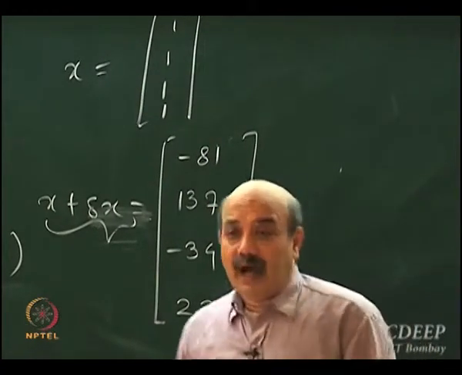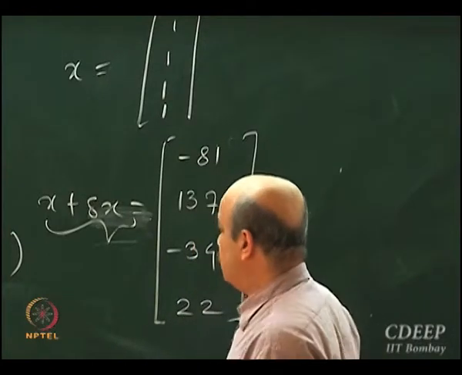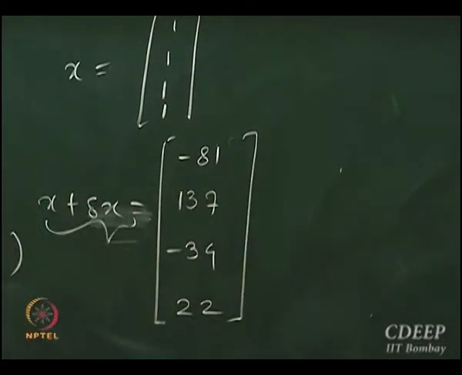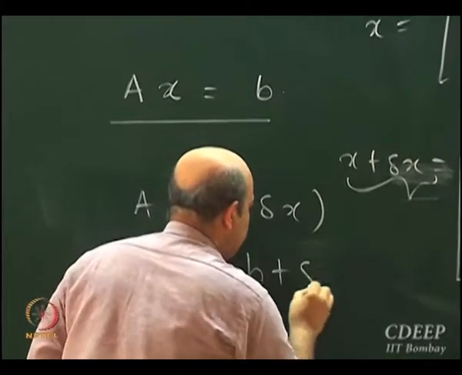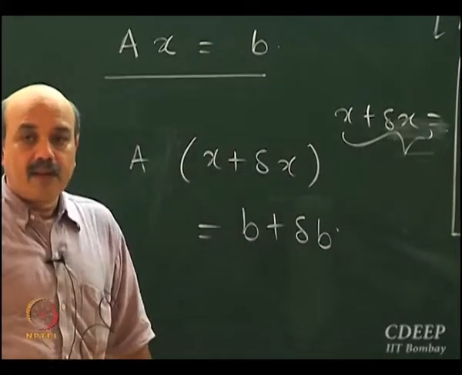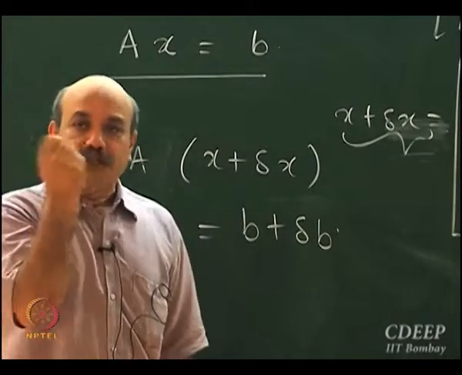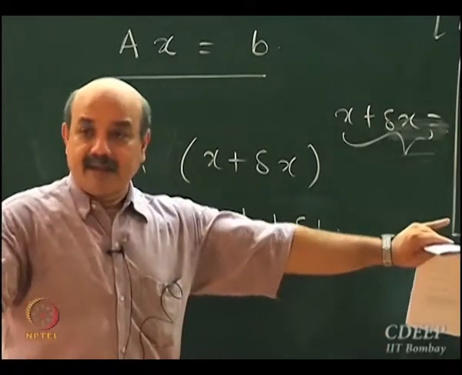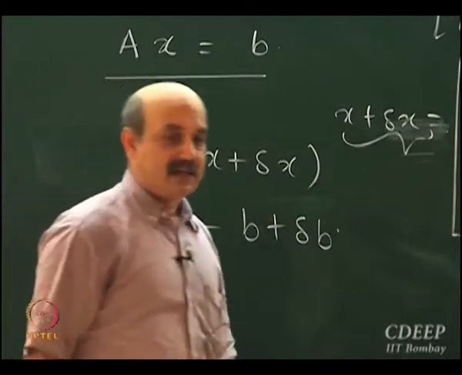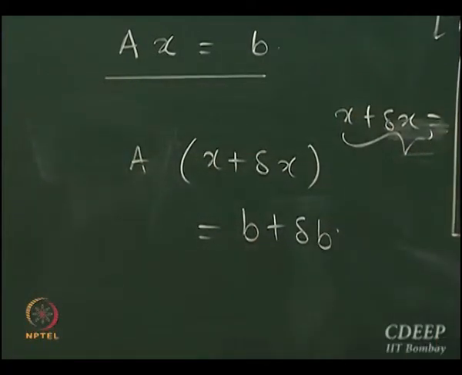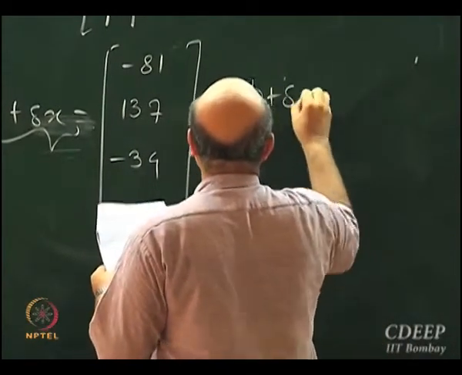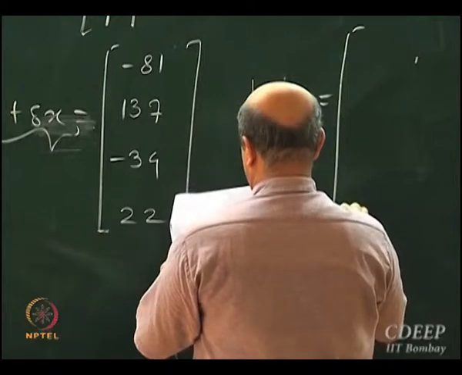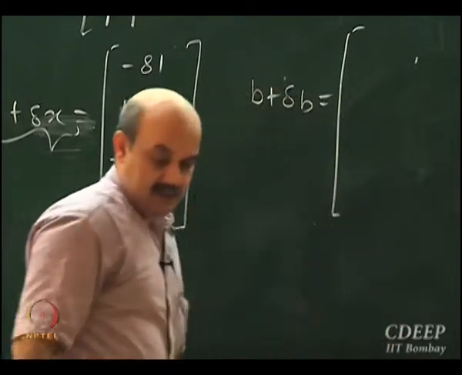Well, I'll slightly make a difference. Instead of solving this problem, I'll solve this problem: A times x plus delta x equals b plus delta b. I am going to introduce a slight perturbation on the right hand side. A matrix, nothing is changed. You have represented the A matrix correctly. My right hand side changed to my b plus delta b, which now is